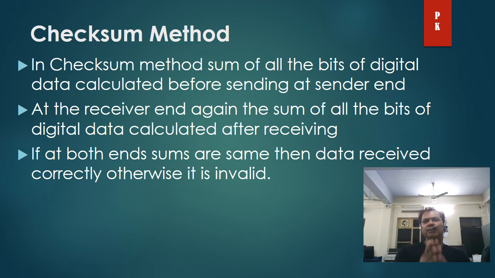For example, suppose we have 4 sets of data that we want to send. You just try to sum up the first and second set of data according to the binary rules. As I mentioned, 0 plus 0 is 0, 0 plus 1 is 1, 1 plus 0 is again 1, and 1 plus 1 is 2, that is 10. 10 means 0 carry 1. By this method you will add, and if there is an extra bit left at the last, then that extra bit will be added to the next set of data, and that is supposed to be added with the fourth set of data if there are 4 sets.